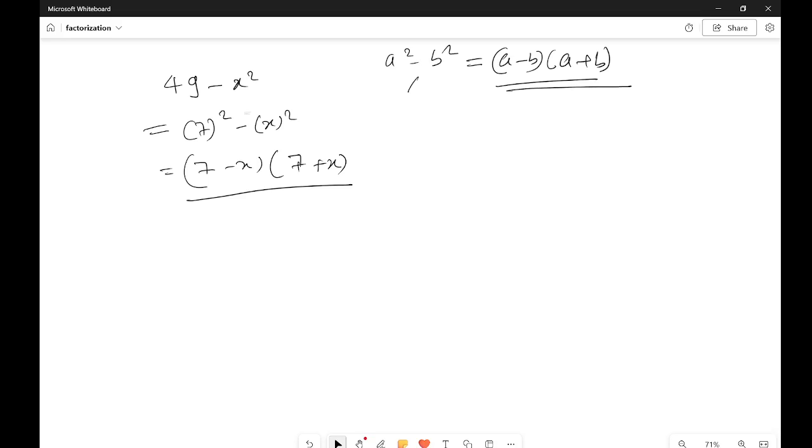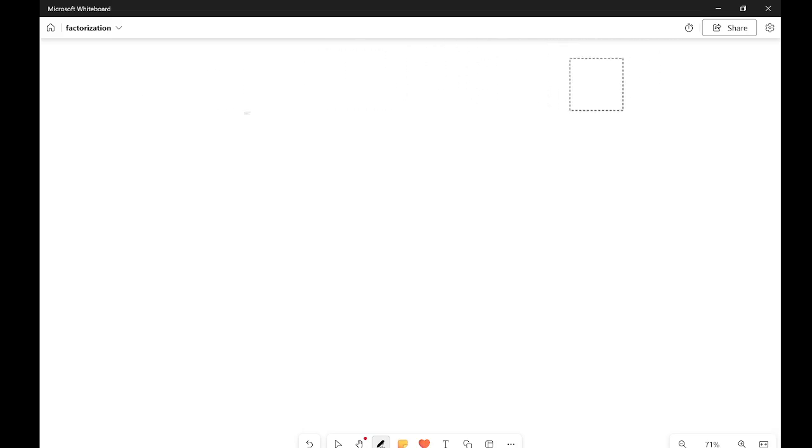Okay, so let's try one more expression. Now what I will do, I will increase the complexity of the expressions. So let's say you have p square q minus p r square minus pq plus r square. You have to